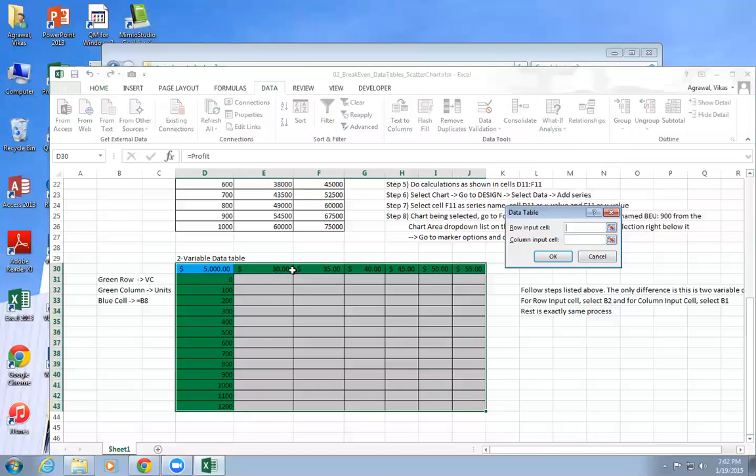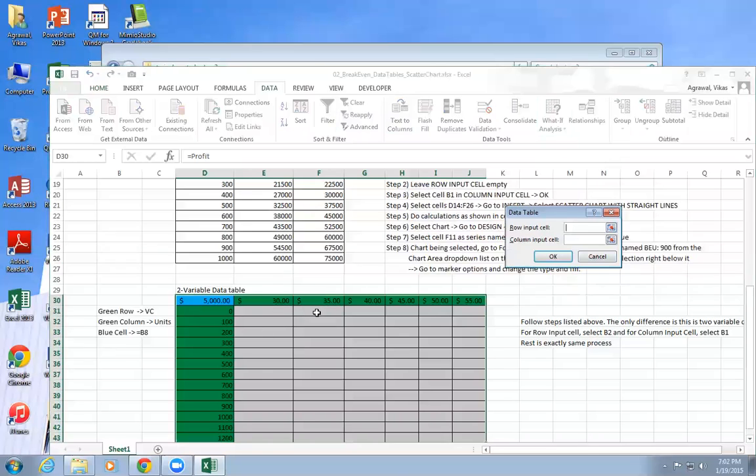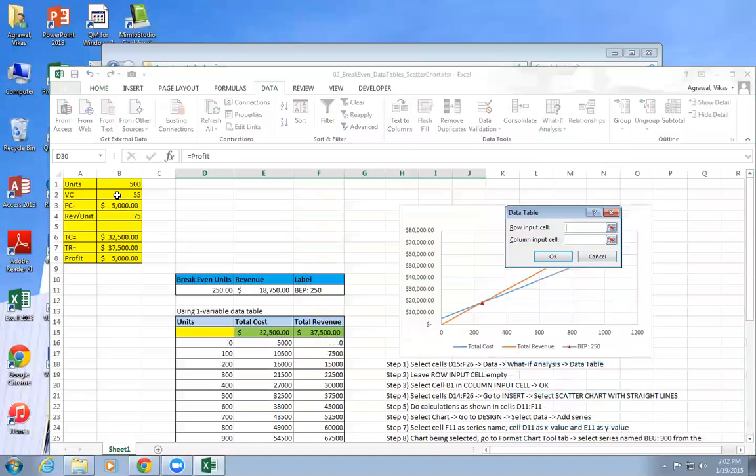So the row input cell is the variable cost, so I'm going to say okay, this is this one here. I have to pass the reference to the input cells. It takes it absolute by default, because I'm not doing anything, just putting the dollar symbol by itself. Column is the units. That's why I'm going to pass on B1.